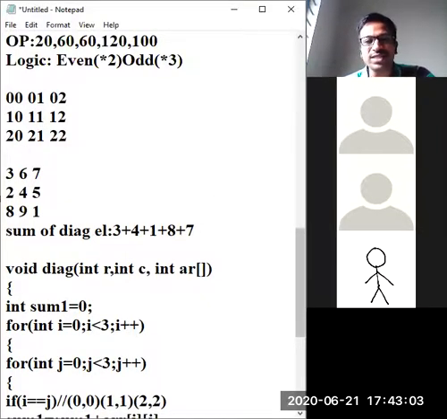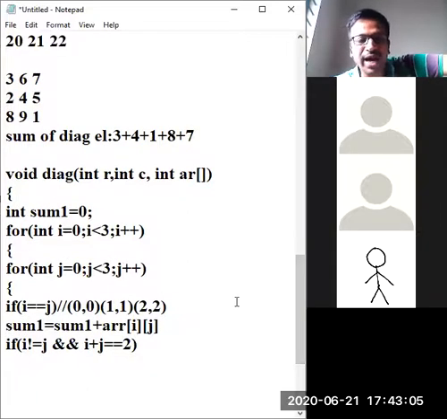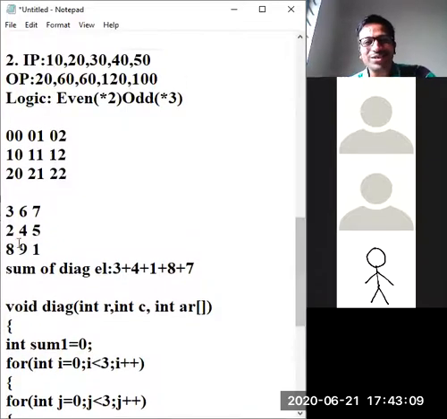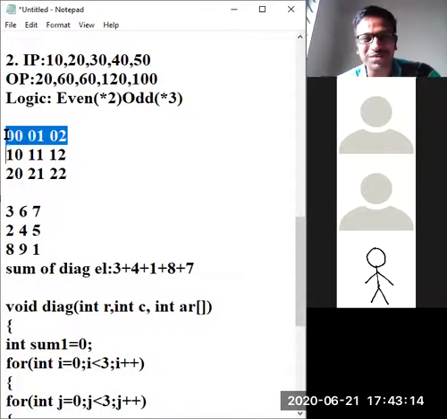And one more consideration she wants to take is that i plus j should be 2. She observed that, she got some idea here. i plus j is equal to 2, see, she is taking basic knowledge from here only.